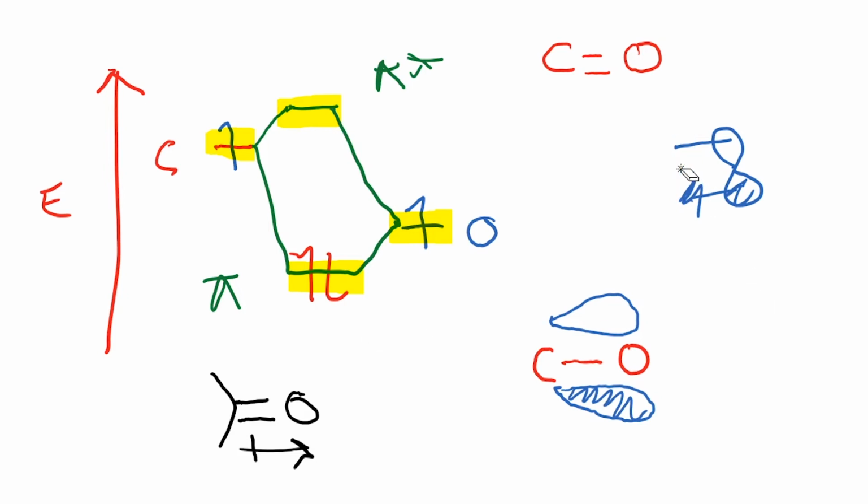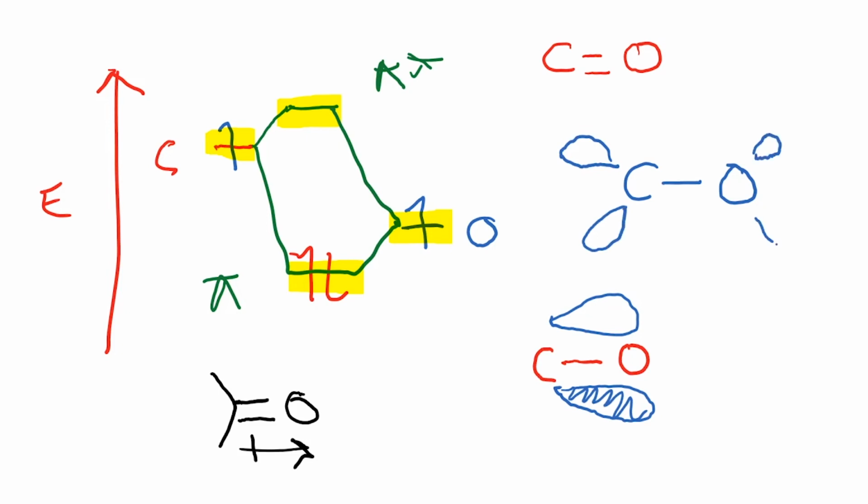Let me erase this so that we can draw it out over here. Here is the carbon oxygen antibonding orbital. If I draw it like this, it would be over here and then over here, and these are much smaller compared to the carbon-carbon double bond. There are two important messages here: the pi star has a greater contribution from carbon, whereas the pi has a greater contribution from oxygen.